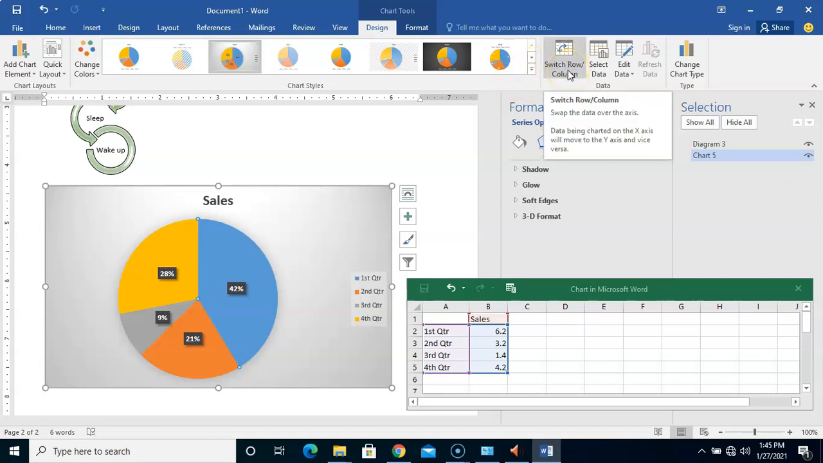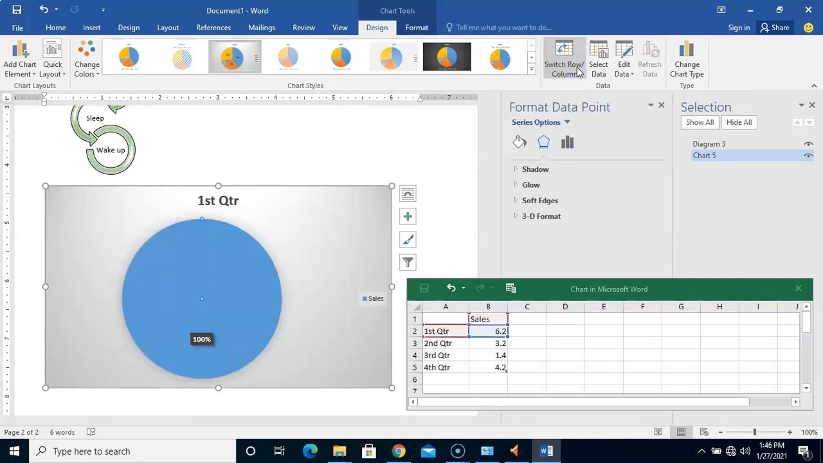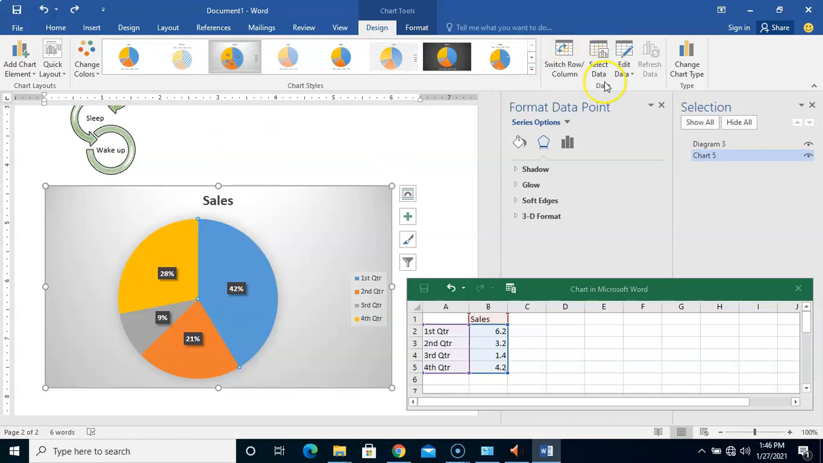You could switch row and column. Do you understand that? So your row becomes your column and your column becomes the row. So these are things that you could do. Look at it now. When you have this, it means you've turned the row into column. So you're not having the chart for each quarter. Do you understand? So these are things that you could actually do with your